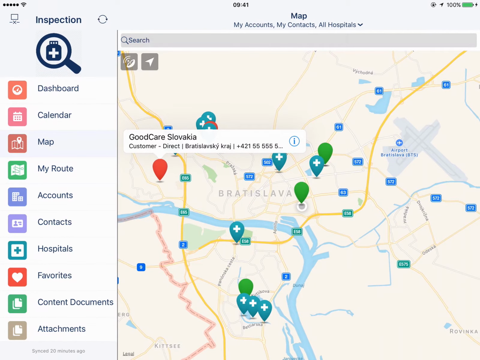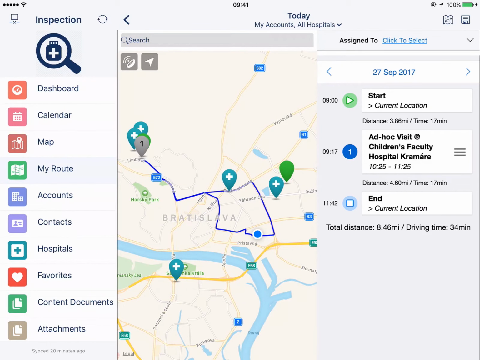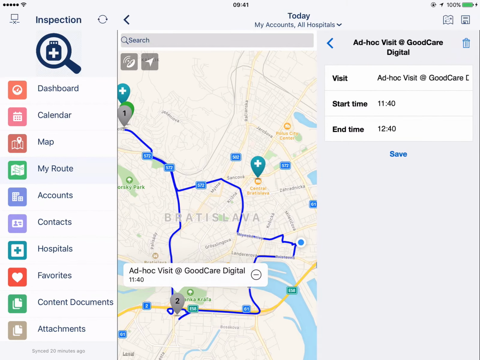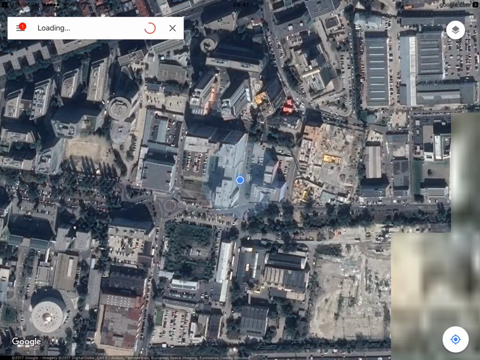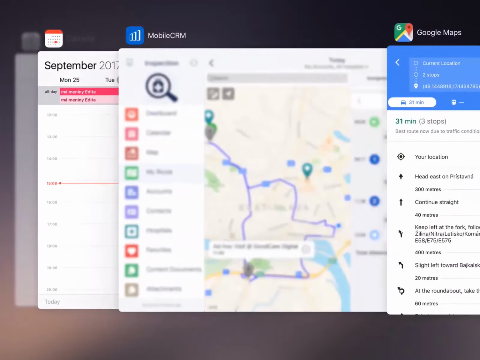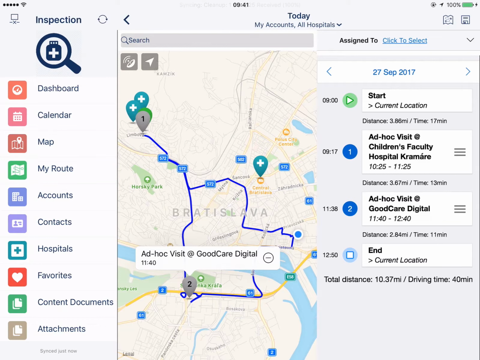Okay. You can also use the route planner, very handy. So automatically I see my visit plans for today in here, and I can add another waypoint for me, so another visit, either to a hospital or to an account. So just by clicking here, I created a new visit. I can use my favorite navigation app to navigate me. In this case, we have Google Maps, and I can use this if I prefer, or go back to Resco and see it. I can directly from here